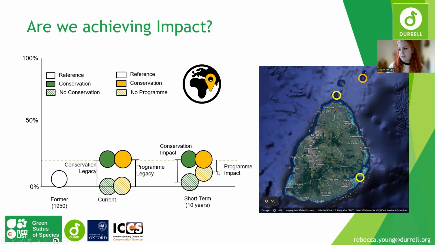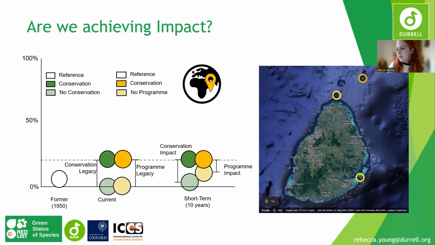So this shows the dependence of this programme on the species. And again, you can see that in this case, it's not the same as the global. That makes sense because we have these two safety net populations. So yes, if we stopped all the work on Round Island, we would expect to see declines. But thanks to these additional populations, this work is no longer responsible for the entirety of this population of this species.